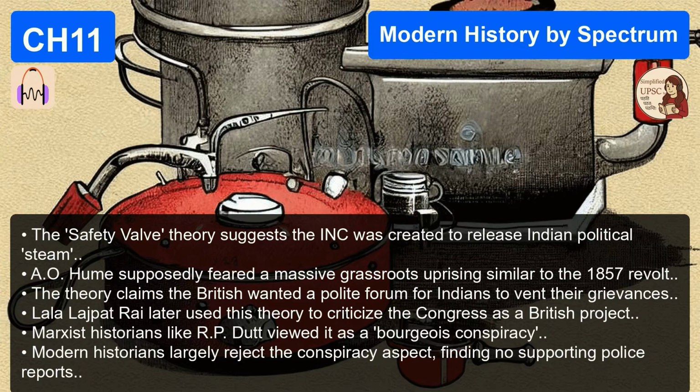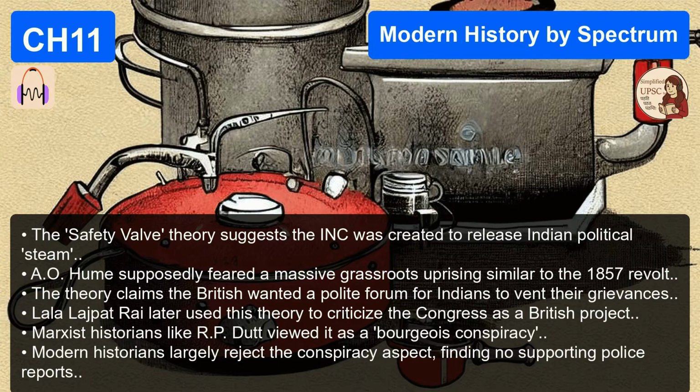That was the core logic. And that logic dictated their methodology, which we usually summarize for the exam as the 3 Ps. Prayer, petition, and protest. Right. They worked strictly, uncompromisingly within the constitutional framework. They did not break laws. They held annual meetings. They drafted incredibly detailed, polite resolutions, and they sent endless petitions and memorials to London. They didn't want a violent revolution. They wanted slow reform. Exactly. Their ultimate goal wasn't even immediate independence. Their goal was self-government within the British Empire, similar to what Canada or Australia had.